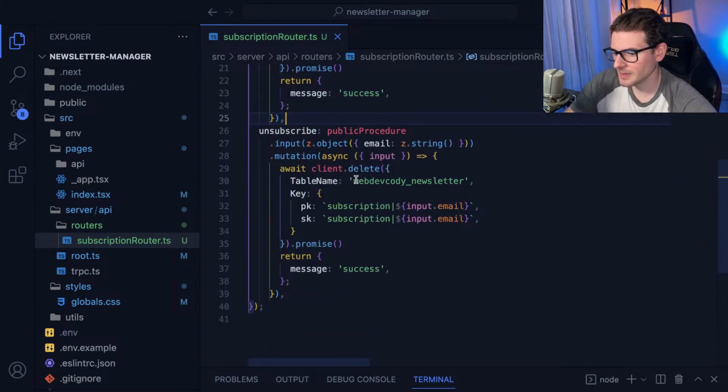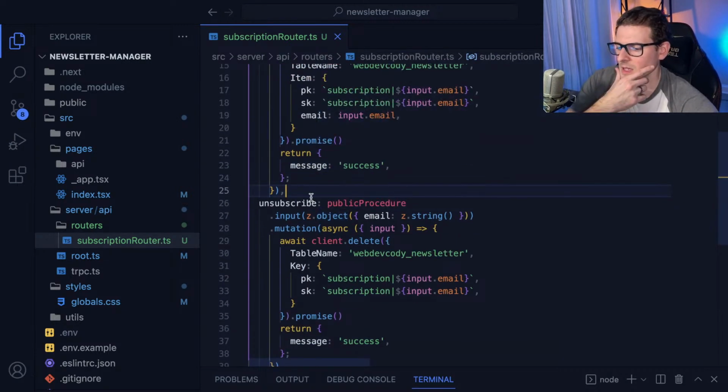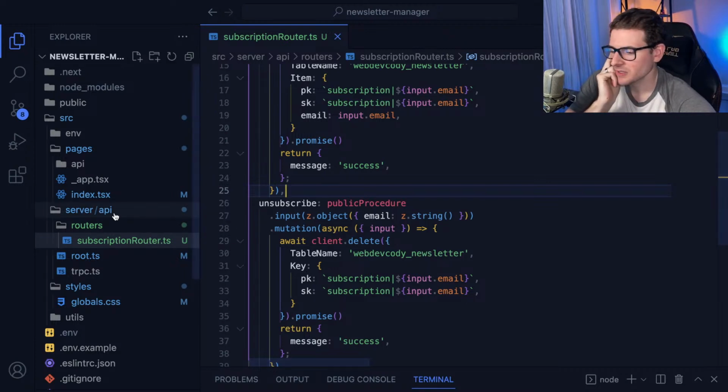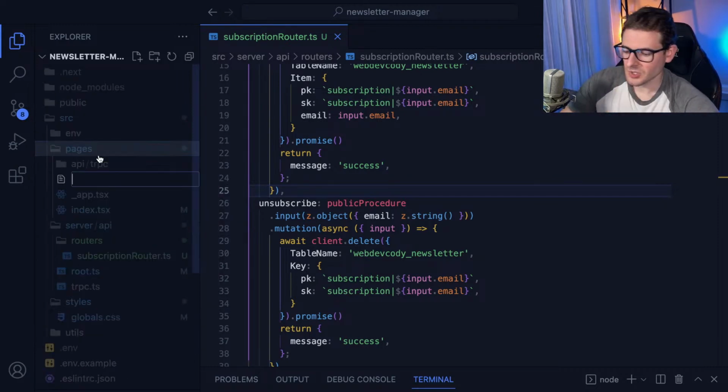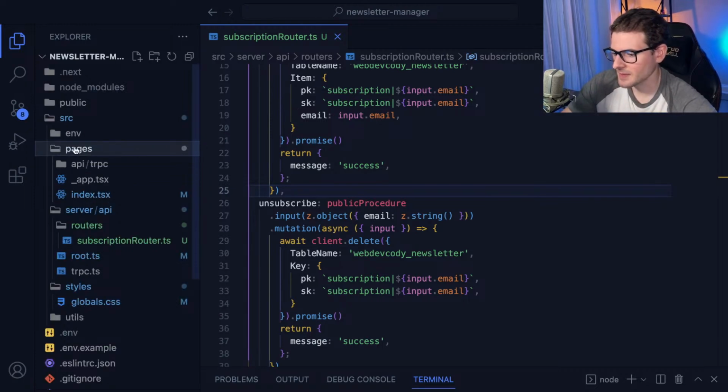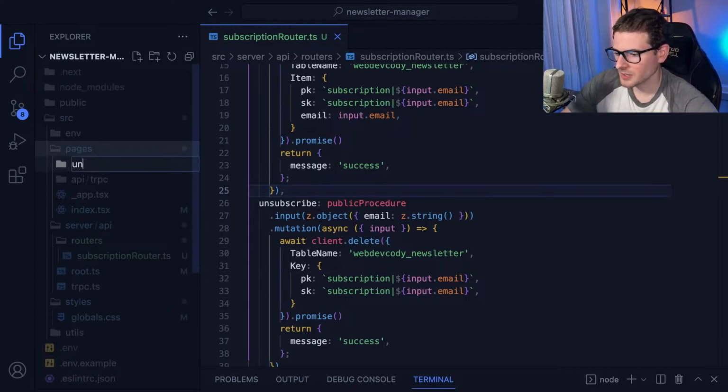And now we have to be able to basically invoke this from an endpoint. That's the issue with tRPC, is that all these things are kind of abstracted away. There's no API endpoints from it. So we could have a page that invokes this endpoint and then unsubscribes. Maybe we could do that. Let's just make one called unsubscribe. Because typically there are checkboxes asking why you want to unsubscribe and stuff like that. So maybe that's what we want to do. I'll make one called unsubscribe.